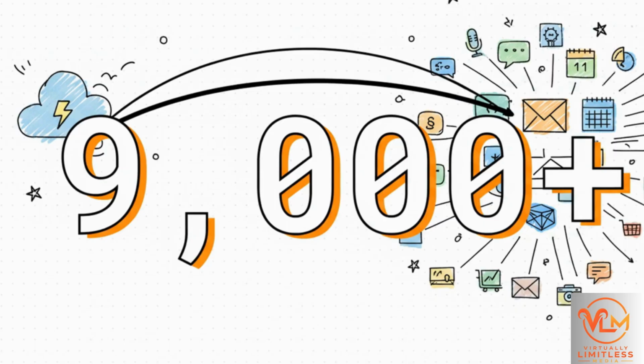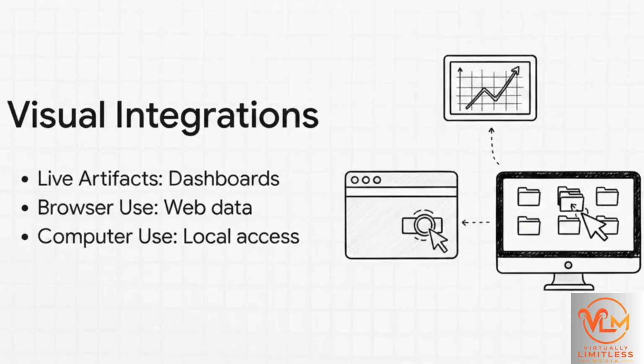And when you tap into the Zapier connector, you are suddenly linking Claude's reasoning to over 9,000 different applications. 9,000! The scaling possibilities here are literally endless. These integrations give you some serious functional superpowers. Take live artifacts. You can use these to generate dynamic, real-time mini-apps pinned right to your sidebar, like a constantly updating Stripe revenue tracker. Then there's browser use, which actually lets Claude browse websites, fill out forms, and scrape live